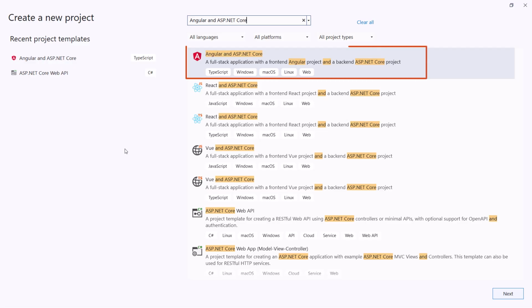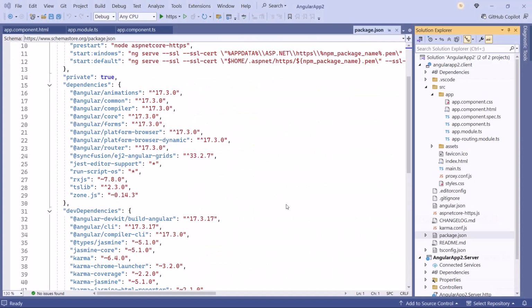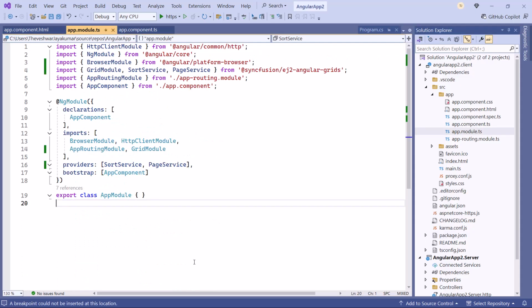First, I create a new ASP.NET Core web application with Angular as the front end. In the client side, I have already installed the Syncfusion Angular Grid component package on the application. Also, I have added the basic functionality, such as paging and sorting, to display data from the server-side data source. If you want to learn how to get started with Angular DataGrid, check out the video linked in the card